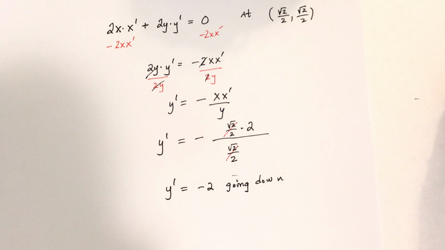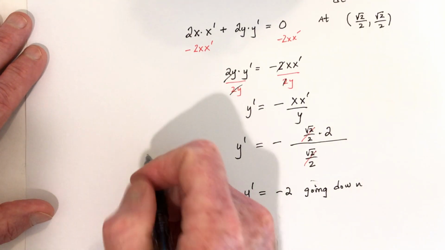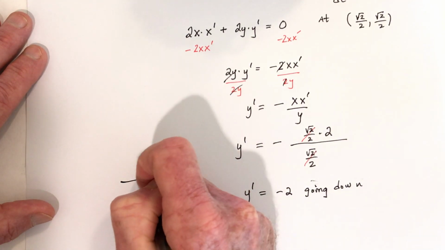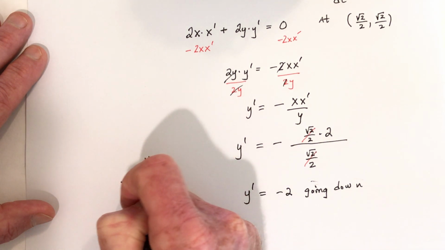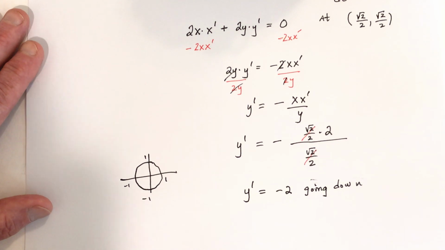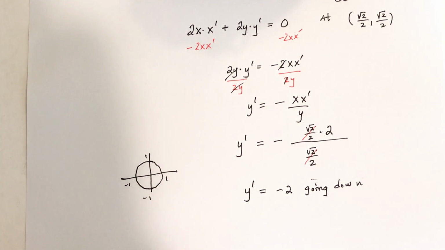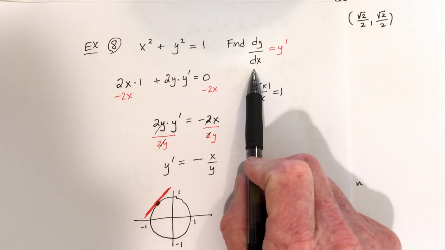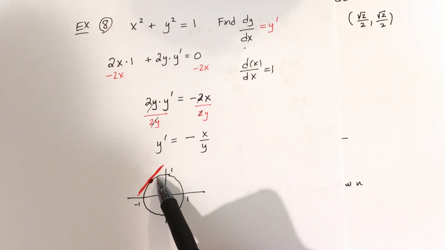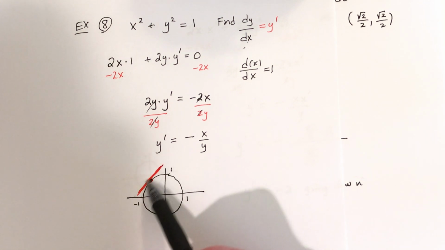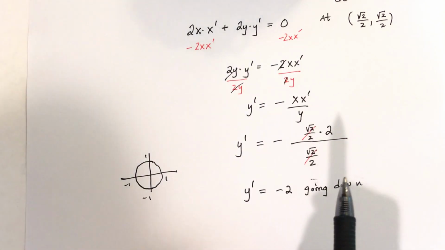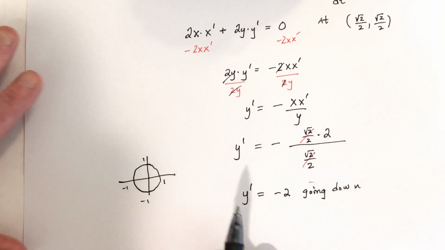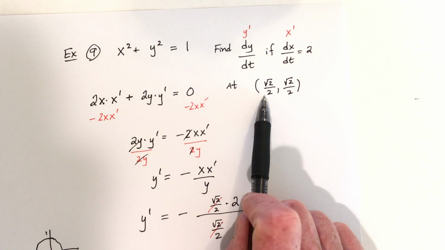And if you go back to the graph, it's a circle. It's the same circle that I just drew earlier, where this is 1, 1, negative 1, negative 1. And when we did the dy/dx, it's talking about slope. So if you draw a tangent line, then the derivative would be telling us the slope of this line. But when you take the derivative with respect to t, that means, so this point right here,